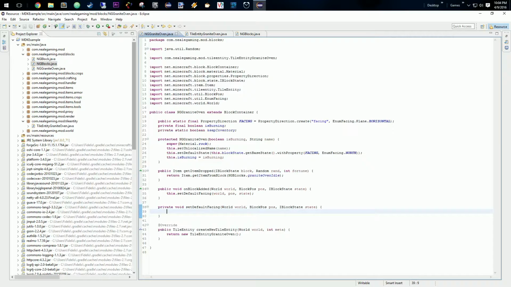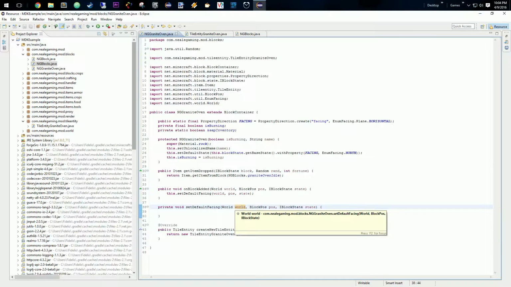We have a lot that we need to fill in here, and really what this method is going to do is it's just going to tell us that when we place a block, where's it going to face, right? And I talked about this earlier, right? So when you have a furnace, you place it down, it faces you, right? So with this method,